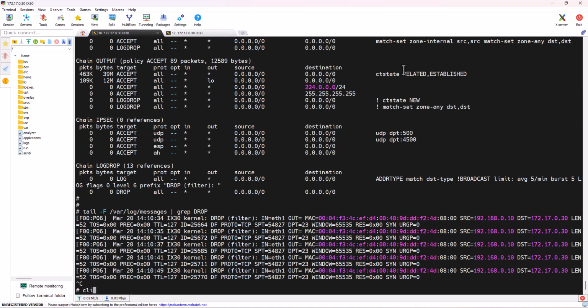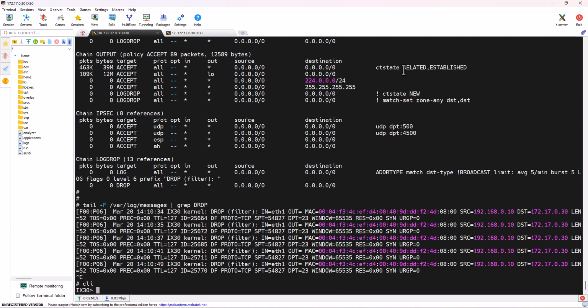We can drop into the CLI. This comes into the Admin CLI now. From here, we can type in system support report. We're going to give it a path. Now your options here, you can drop the file that's generated into the TMP folder. An alternative location, if you drop it into etc